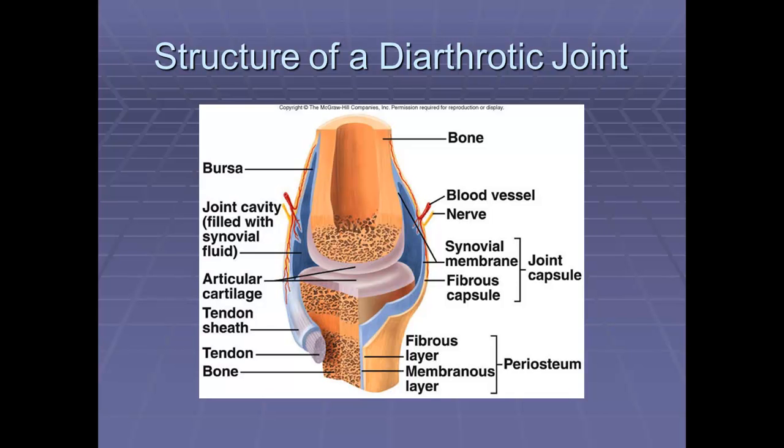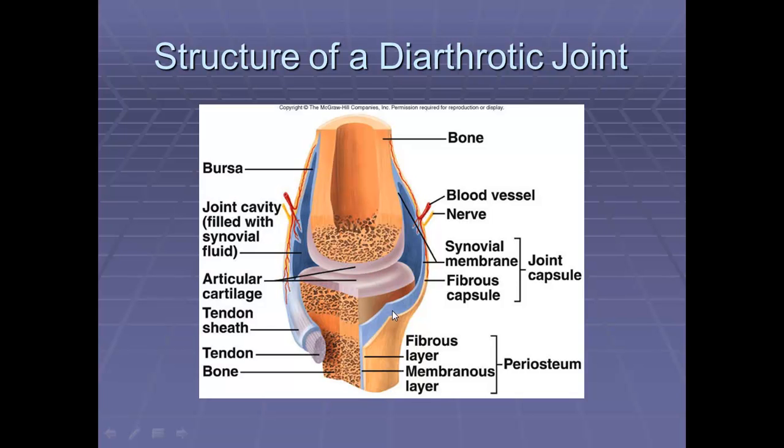Now this is the structure of a diarthrotic joint. There's a number of different types of joints, and in your text they also discuss this particular type. And in the next slide we'll mention the other types. But if you look in your text at figure 7.27, they also have the structure of the diarthrotic joint. This is the spongy and compact bone, here and here, and this grayish white product at the ends is the articulating cartilage,